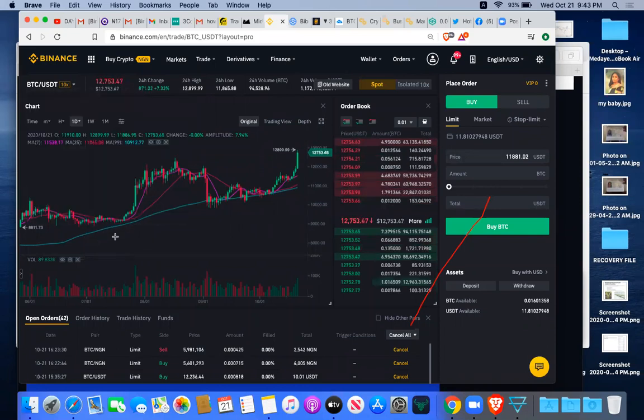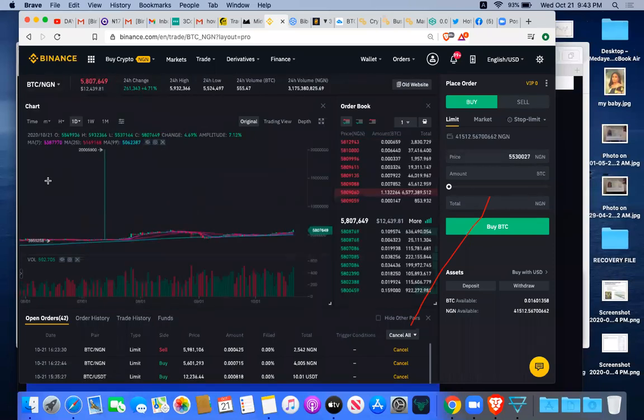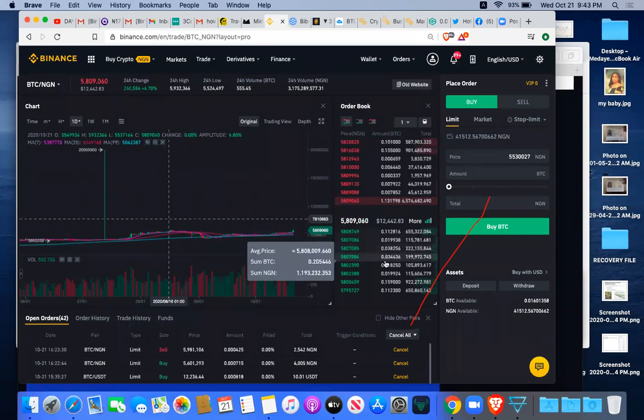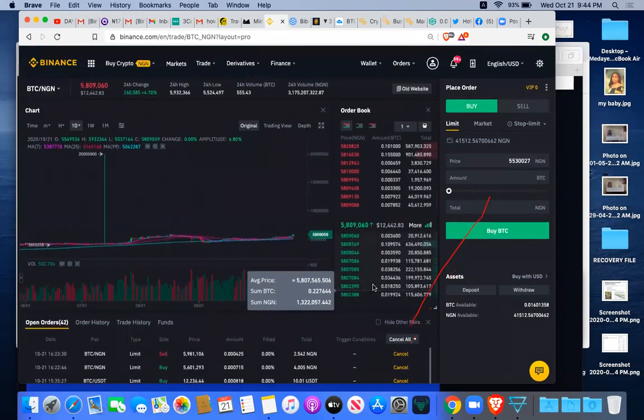Let's check in June. BTC. Okay, great. It's actually okay. That means it has set, because when we were here we saw 70-something thousand naira. So it has picked some money to place an order to buy, so it's actually at 5.8 million naira now. So I'm waiting on the order they have, 5,981,000. You might get there, so I don't need to be there. So the market is going to sell for me.